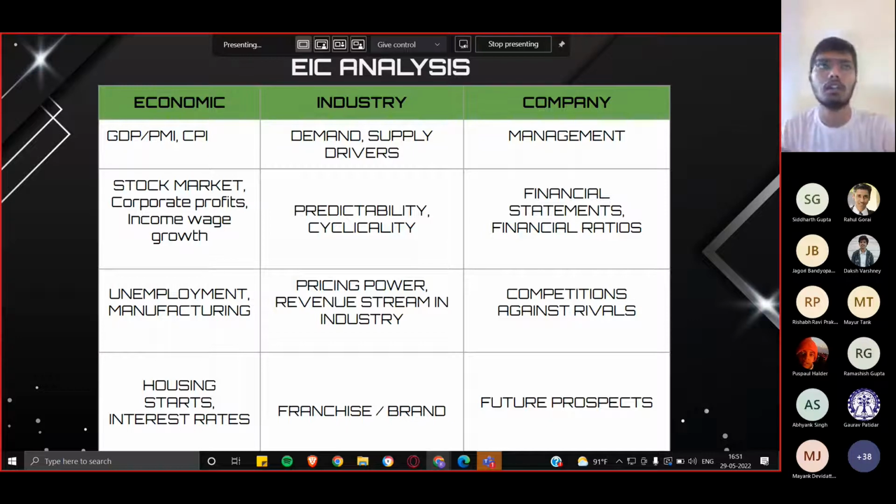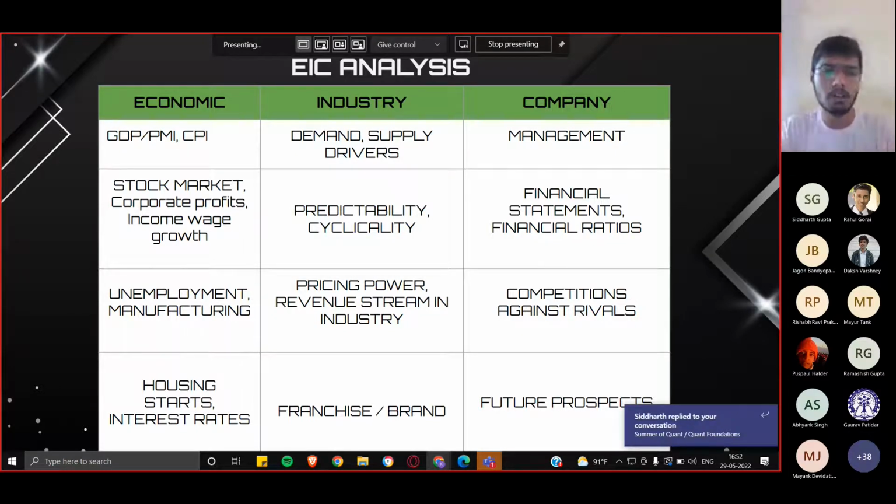Then also whatever goods we are exporting out of the country, and it also considers the imports of the country, like what goods we are importing from other countries. So its overall formula is C plus business investments I plus government spending G plus exports EX minus imports IMP. So that is GDP, and at the same time PMI is the Purchasing Managers' Index. It's an alternative to GDP.